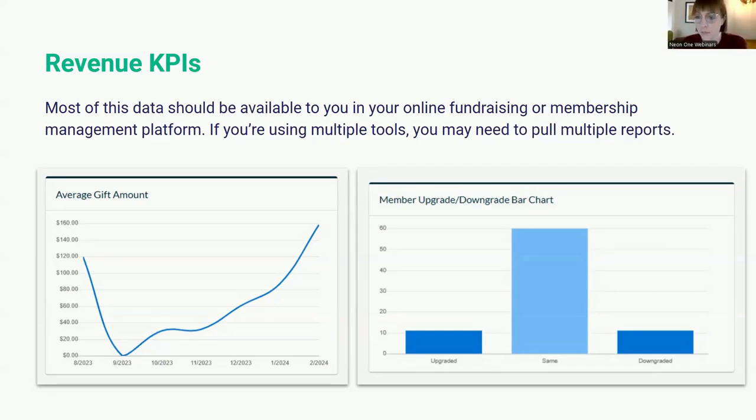We use UTM codes for MailChimp emails and meta ads. Does Neon One track UTM tags? I believe I'd have to double check. So Neon CRM, I don't think does UTM tags specifically. What you would want to do is use probably Google Analytics to look at your UTM traffic. But I will say in the follow-up email that I'm sending, there is a Neon CRM specific Q&A session related to this session. So I would encourage you to go to that Q&A session. It's specifically for Neon CRM users, and you can ask Kira and her team, and they will be able to help you figure that out.